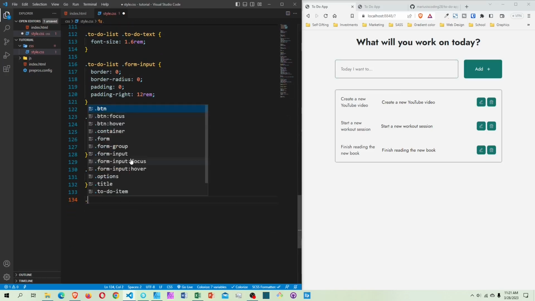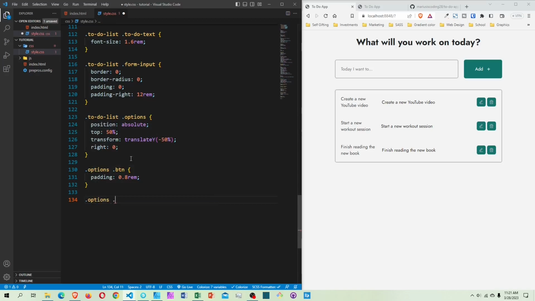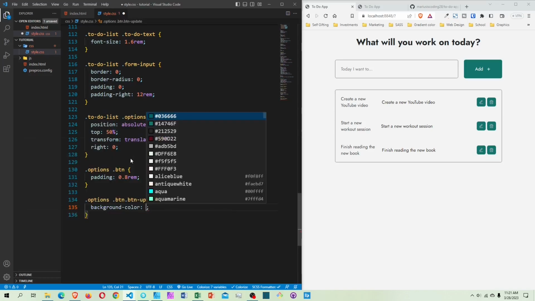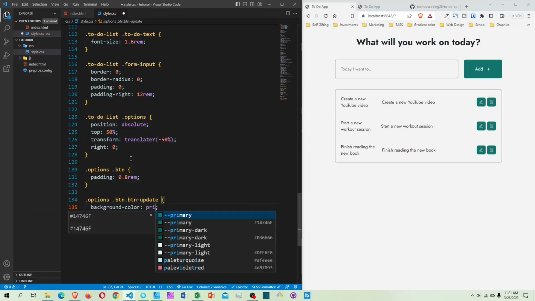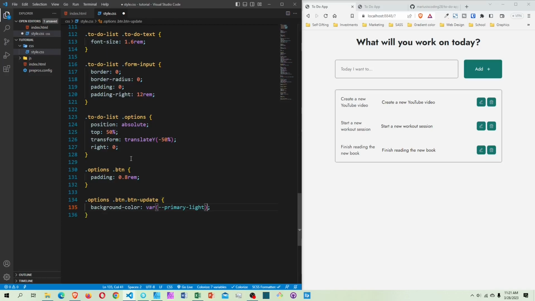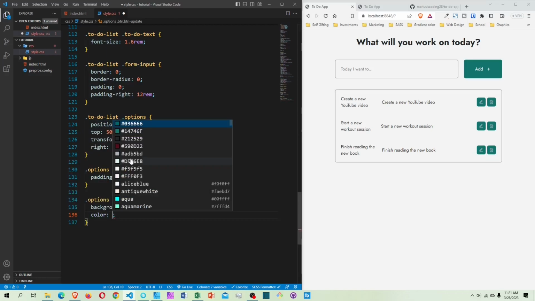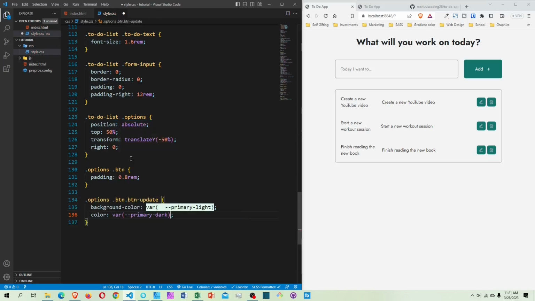So option button dash update, like this. Set our background color to be primary light, and color to be the primary dark, like this. Save it, as you can see right here. Okay,